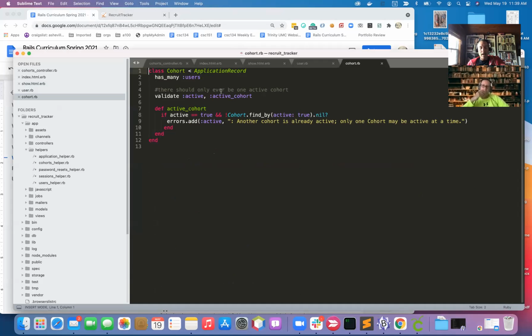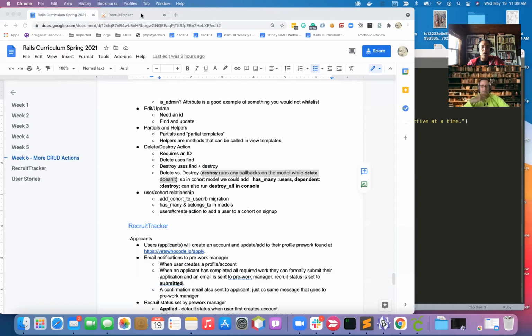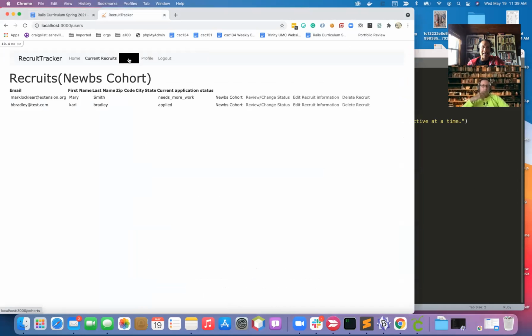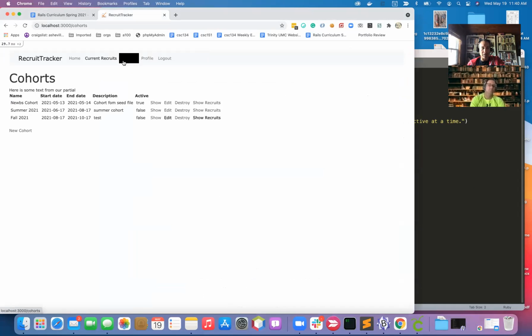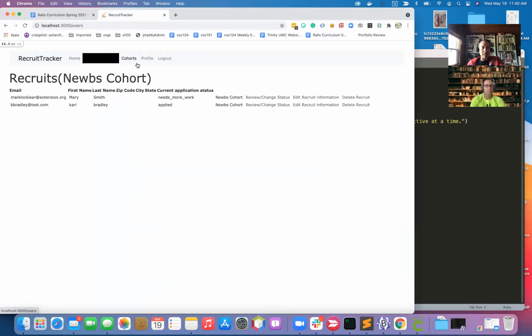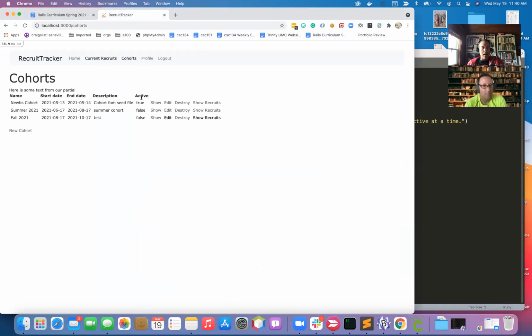We would not want, now the way we implement this by default now, if I went in and deleted a cohort, in fact, we should probably just do it just to see. Let's just blow up this app because it'll be easy enough to fix later on. Right now our noobs cohort is the current cohort. If I blow away the noobs cohort,